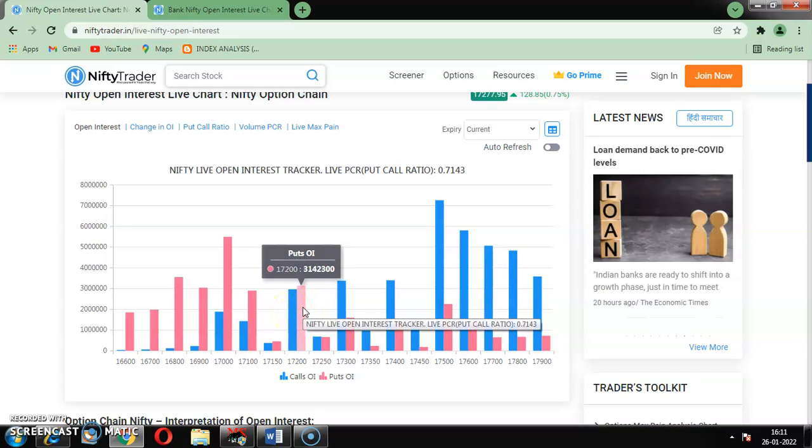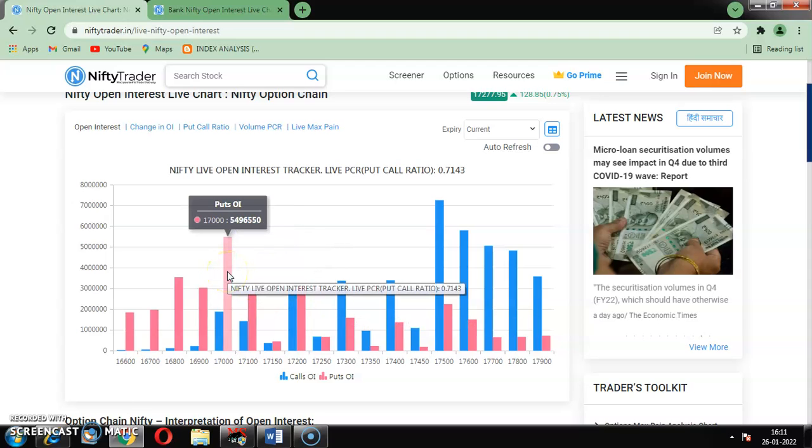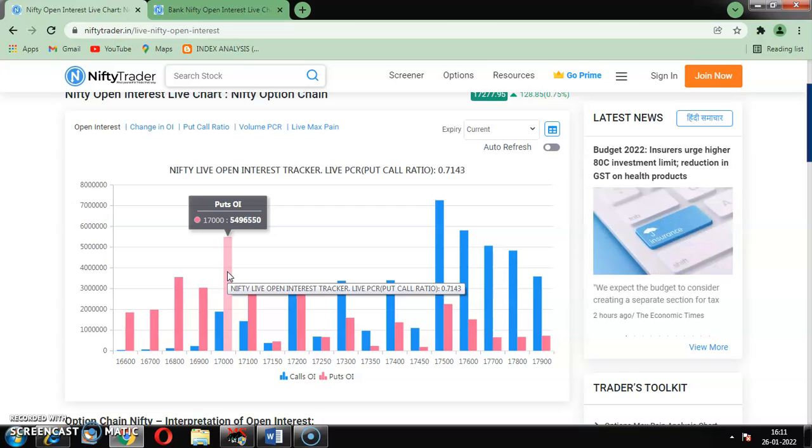So here the put writing is more. So we can say this is one of the good support areas. And here, if I come to this particular area, here is also the 17,000 strike rate. You see the put writing is